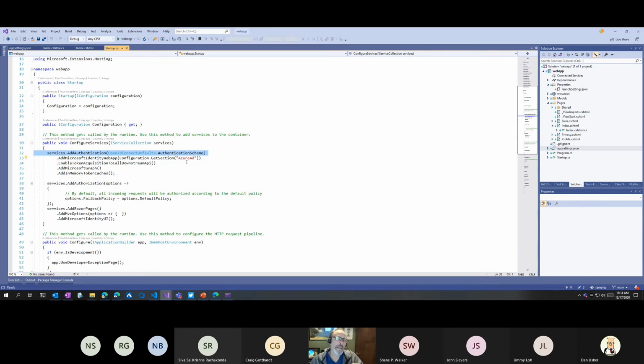Well, how do I get a token for Microsoft Graph? Remember, when a user logs in, they're issued an ID token, and an ID token doesn't do me any good in Microsoft Graph. I need to have an access token. And so Microsoft.Identity.Web gives us this shortcut method that will say, okay, as part of that black magic that happens in the middleware that says get an ID token, I want you to also get a token for a downstream API, right? And that downstream API is going to be Microsoft Graph.